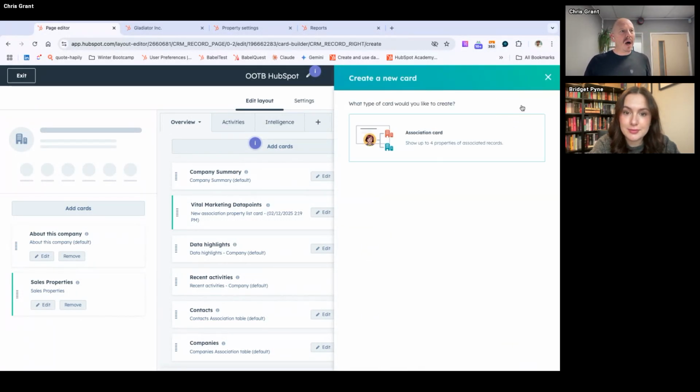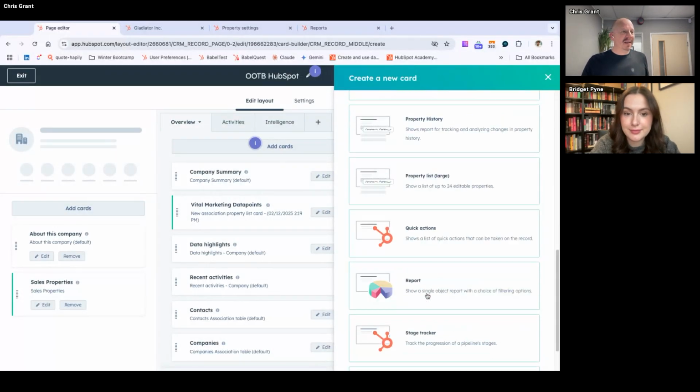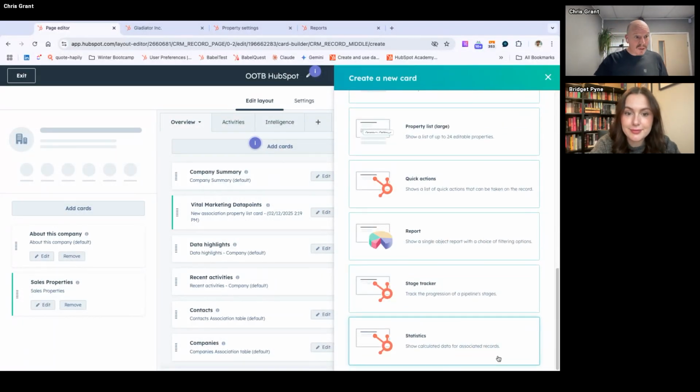If we go back to our create cards, there we go. There are some other things we can do. Stage tracker, so we could track the deal that's associated. We've got quick actions that people can take. We can add a large property list.